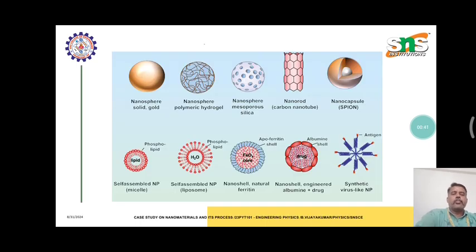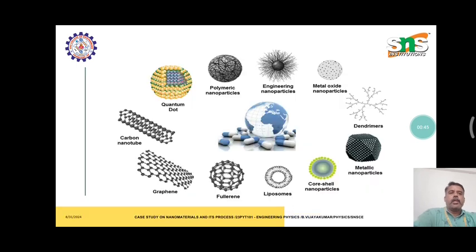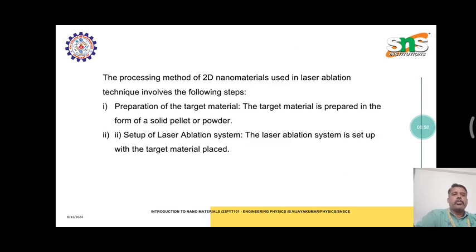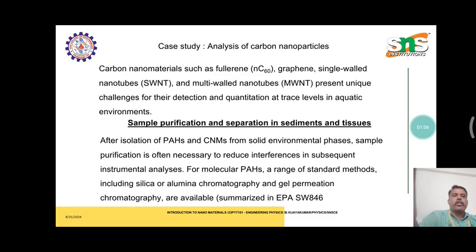This picture clearly shows the different shapes and sizes in the nano range: carbon nanotubes, quantum dots, polymeric nanoparticles, and engineered nanoparticles. These nanoparticles are applied in various fields. Two-dimensional materials are processed using laser ablation techniques to prepare these types of nanomaterials. Then we start the case study: the analysis of carbon